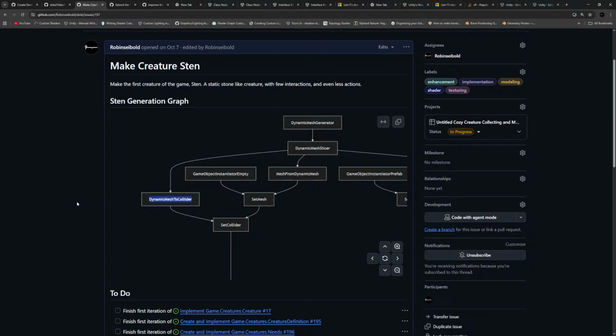Dynamic mesh to collider. Maybe we can do it so we keep